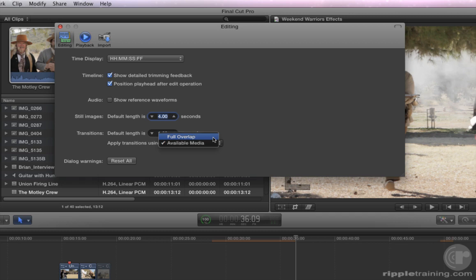In legacy versions of Final Cut Pro, there were certain situations that prevented a transition from being applied, namely the lack of available overlap media on either side of the transition. With full overlap selected, you'll never have to worry about lack of media because the overlap is always drawn from the incoming clip. The downside is your project will be shortened by the amount equal to the duration of the